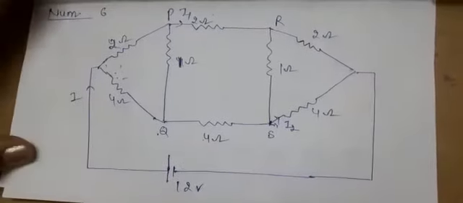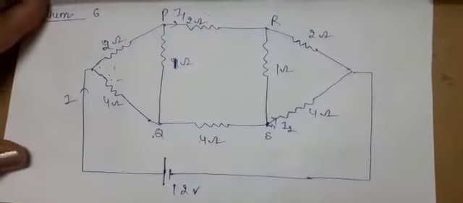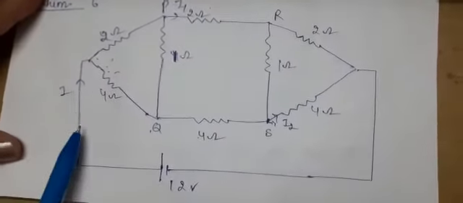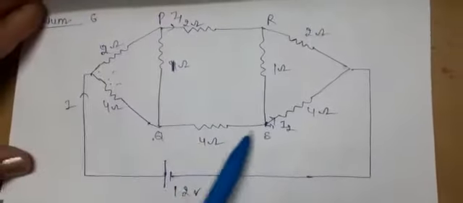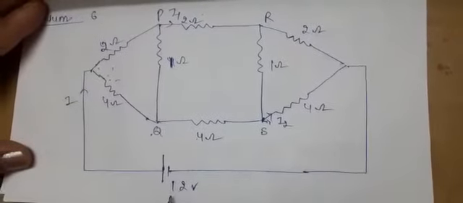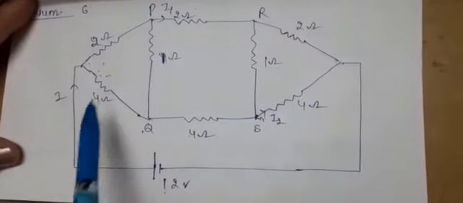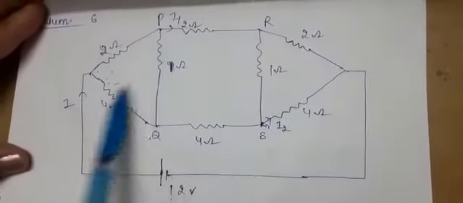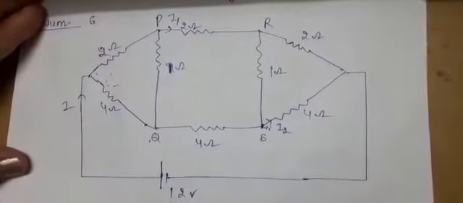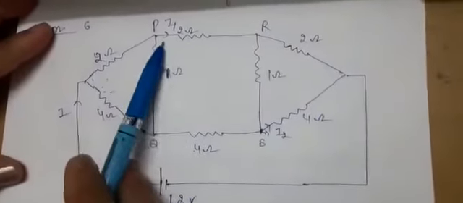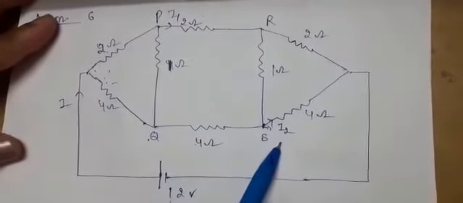Now see this question. Here also we have to calculate. This figure has been given, as well as the labeling of current. Here a 12 volt battery is connected to this combination of resistances, and I1 current is flowing here and I2 current is flowing through here. Now what you have to find: again find the value of I1 and I2.